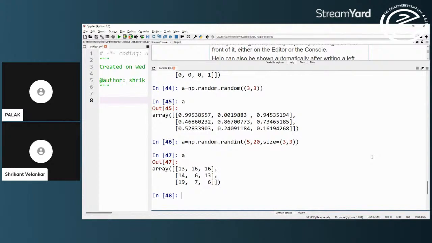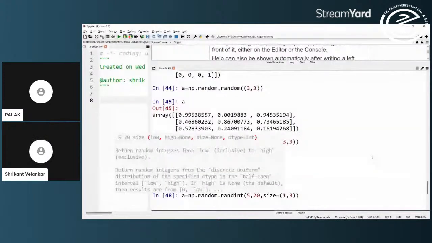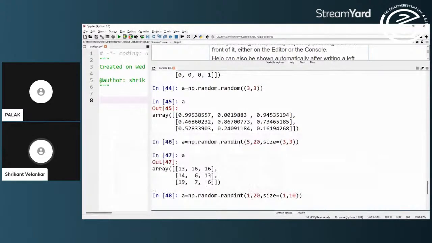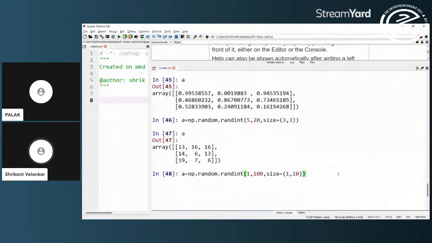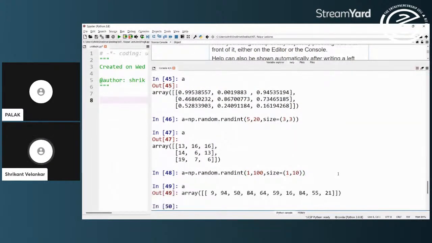If I want to create a random vector, then I can generate a random vector of size 10, maybe with random values between 1 to 100, which is very commonly required while testing statistical functionalities. I can do so, and you will see that I have generated a random vector of 10 elements, and the numbers are randomly spread between 1 and 100. It uses a pseudo random number generation algorithm internally.